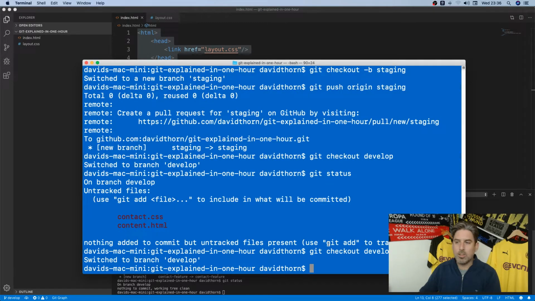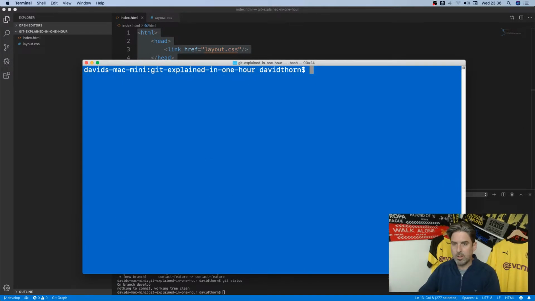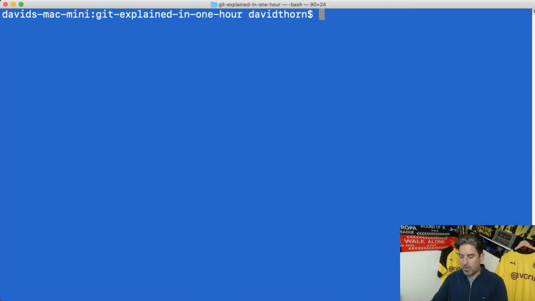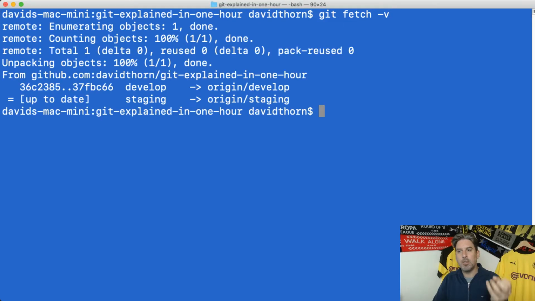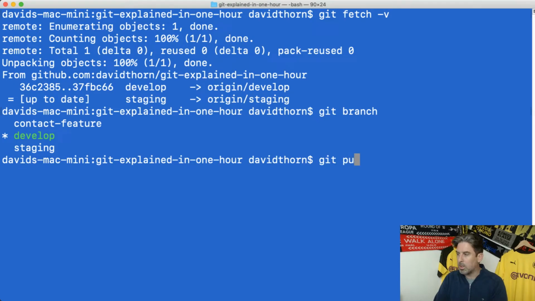And if we come to this terminal, it's a little bit better. And from here, what we can do is fetch any changes from the remote server. And we use -v to be verbose, so it's going to say, hey, there are changes, and we can see here that we've got changes, because it's telling us we've got changes. So we can say git pull origin develop, and first of all, it's always good practice to check what branch you're on, and it says I'm on develop, so we're going to git pull origin develop,